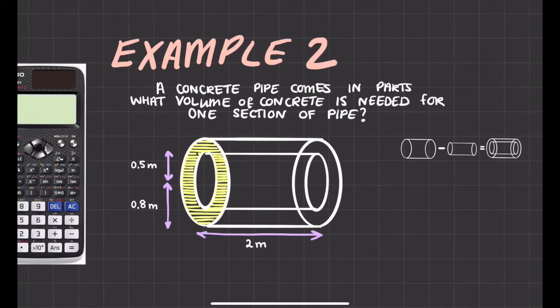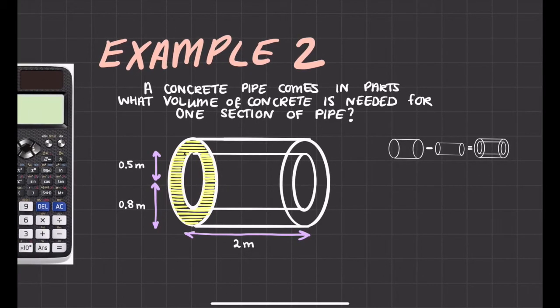So it's like composite shapes. If I want to know what the volume of this outer bit is, I can do the big volume, and then I could take away the volume that's missing, and then I'll be left with that thing. So that's what we're going to do here. So the radius for the big circle is 0.8 meters. So we're going to have the cross-sectional area, so that'll be pi times 0.8 squared multiplied by the length of the shape, which is 2,